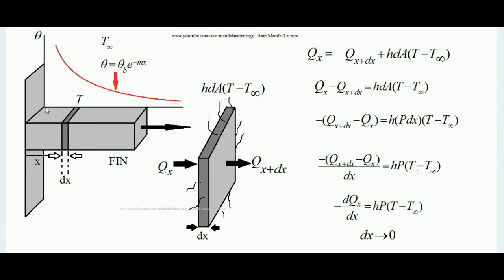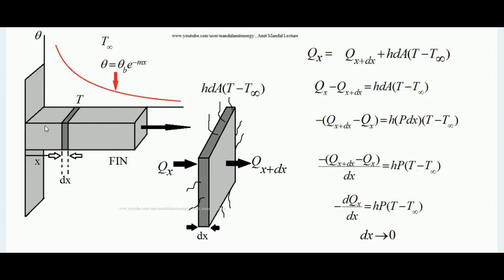It means that the fin is receiving heat input rate from its base. Heat is entering this fin from its base. So whatever heat input rate the fin has is exactly equal to the amount of heat which is dispensed by the fin to the surrounding. Whatever heat is received by the fin is actually dispensed to the surrounding from its outer peripheral surface via convection mode. So whatever heat transfer rate is input to this fin is exactly equal to the heat dispensing rate to the environment. This is what is called steady state heat transfer.